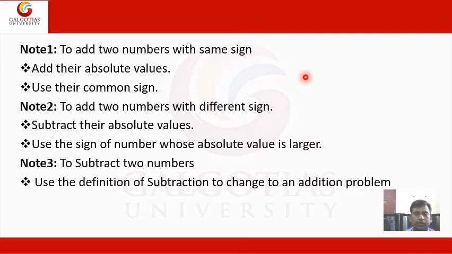So that means our result will be minus 25. Suppose that we have to add two numbers with a different sign, as in the definition of subtraction. So we subtract the absolute values, and we will use the sign of the number whose absolute value is larger, like